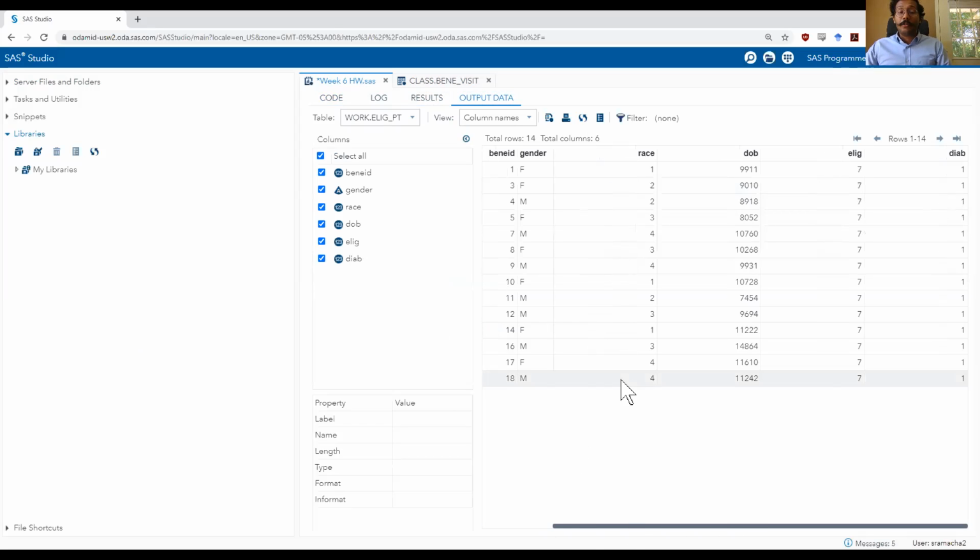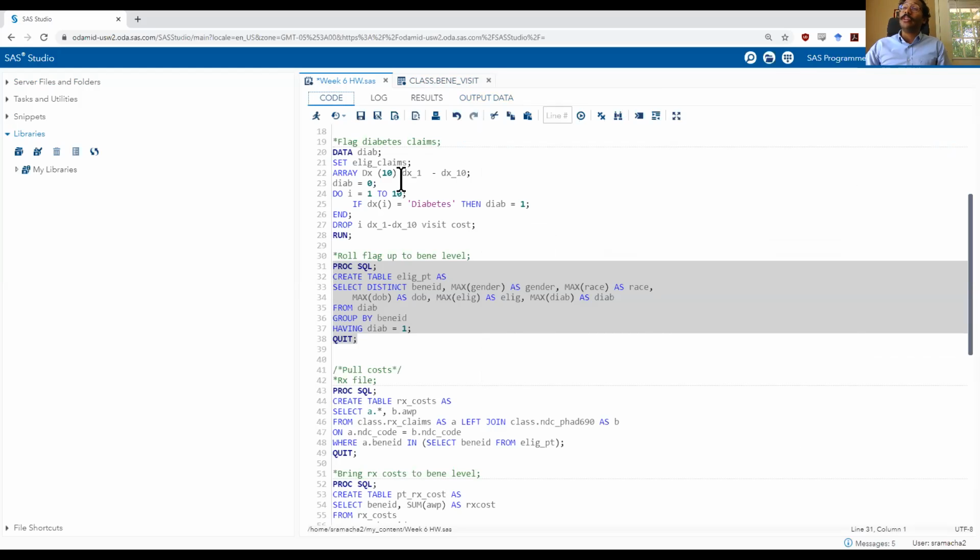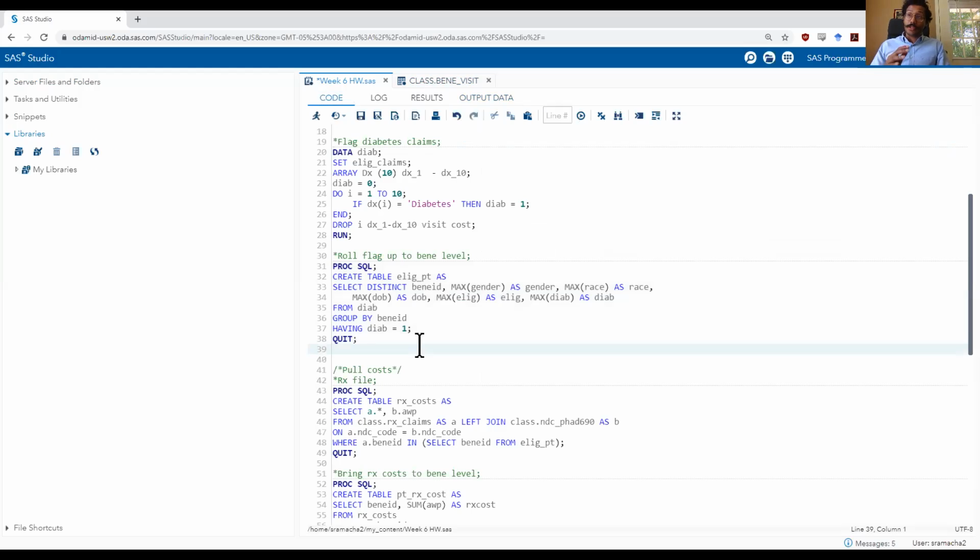Okay, so now after my ProcSQL with the group by statement, I have only 14 rows of data, because remember we had 16 earlier, but 2 of those 16 people did not have diabetes. So now I have 14 rows of data and you can see my DIAB variable, which is now the summary function, the max variable. It is equal to 1 for all of my 14 individuals. So this data set with 14 individuals have full eligibility for 7 months and have diabetes for every single one of them. This is my file of eligible patients, right?